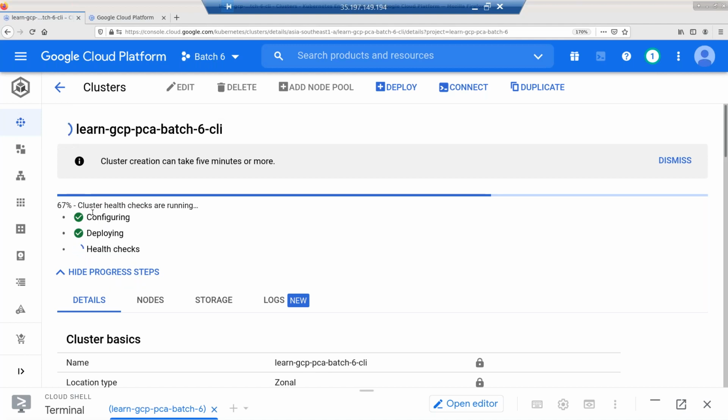So usually when you create a cluster, just click on the cluster name. It's going to show the progress, 67%, what it's going to do basically. Configuration is done, deployment is done, some health checks are going to be done. Okay, once it is done, we should be able to see our cluster, and we can start playing around